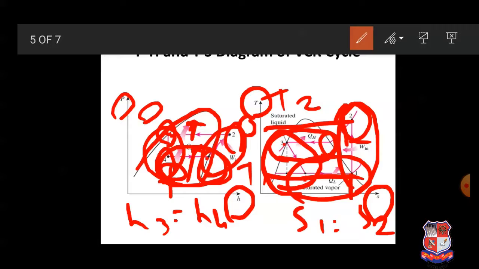or we can say the heat absorption process, or vaporizing process. During this process, phase change is possible, the wet refrigerant is converted into saturated vapor. At that time temperature remains constant, and during this process we are absorbing heat from the cooling space. So at that time entropy is increasing from S4 to S1.